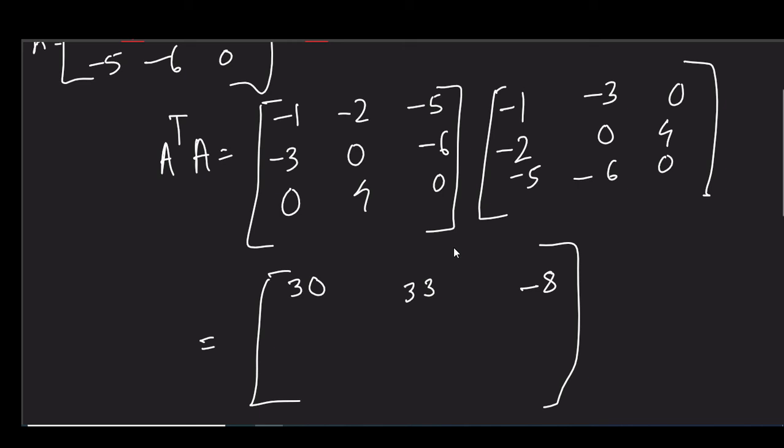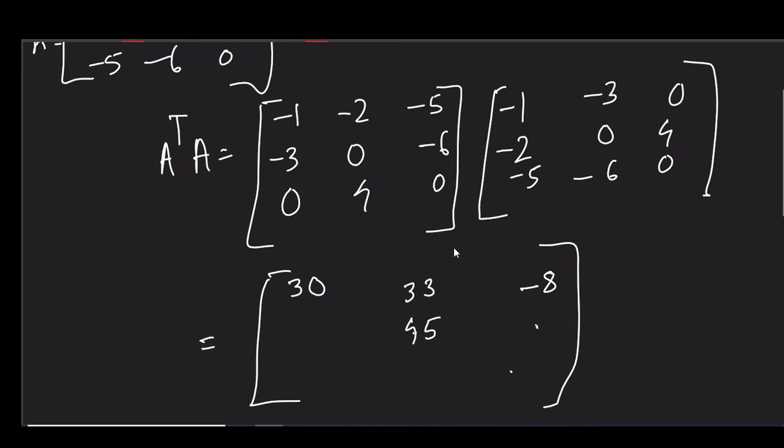Similarly, you can expect this matrix to be symmetrical. So the only things we need to calculate are these two corner elements and this one. The rest of the elements will be symmetrical in nature. So this one, how do we find it? We get 3 squared plus 6 squared, so 9 plus 36, which is 45,